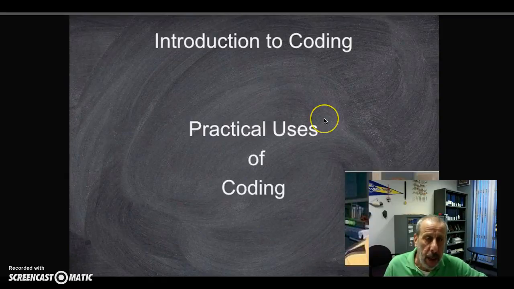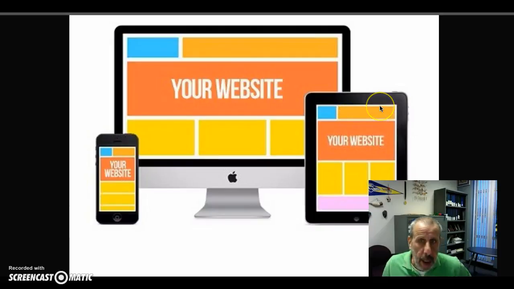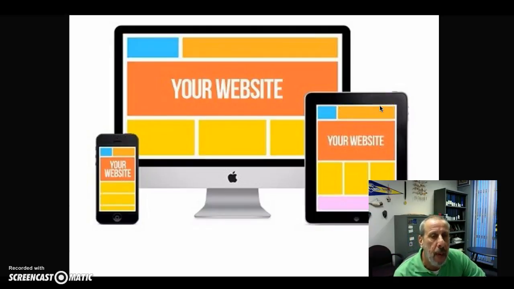And what I'm going to talk about at the beginning is how computer programming, or coding as we call it, can be used practically in not only your personal life but in your professional life. You know, what comes to mind when people think about coding is making websites. And the first thing that people tend to do when they make a website is to make a personal website with information about themselves. But websites can be far more comprehensive, far more diverse than that.